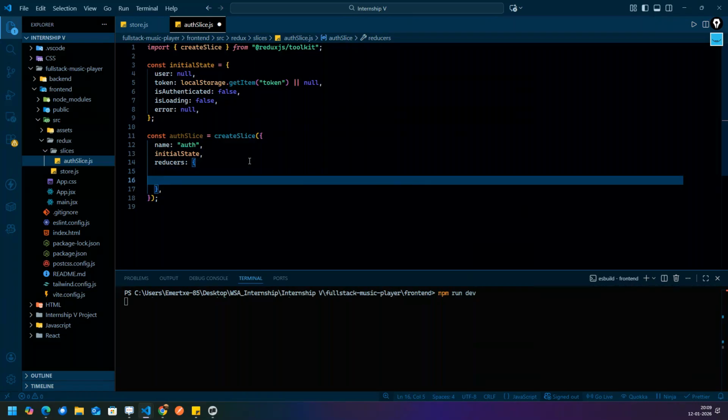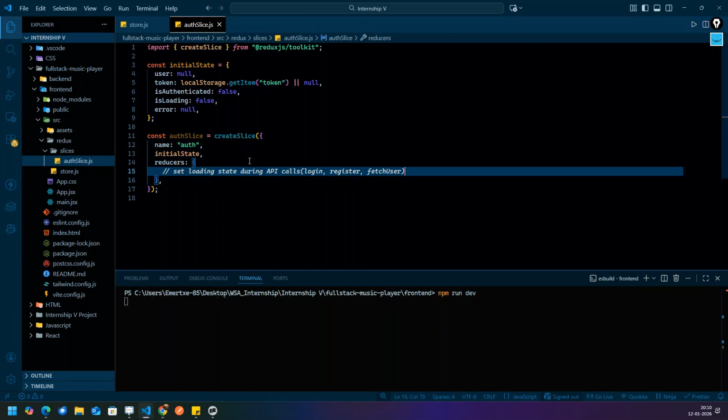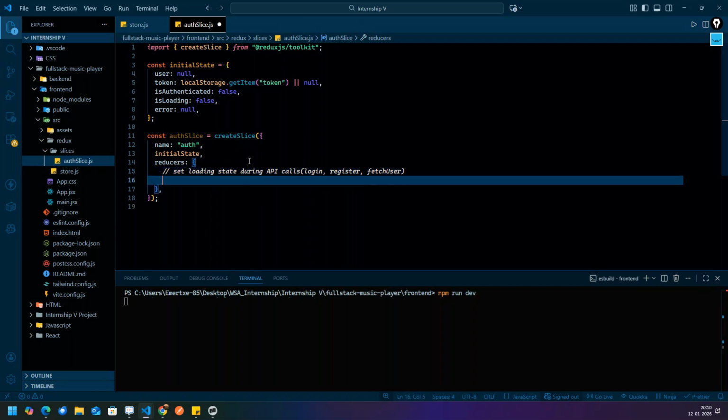So over here, first of all, we'll write set loading state during API calls. So it will be login, register, and fetch user. This time we will make the loading state true.